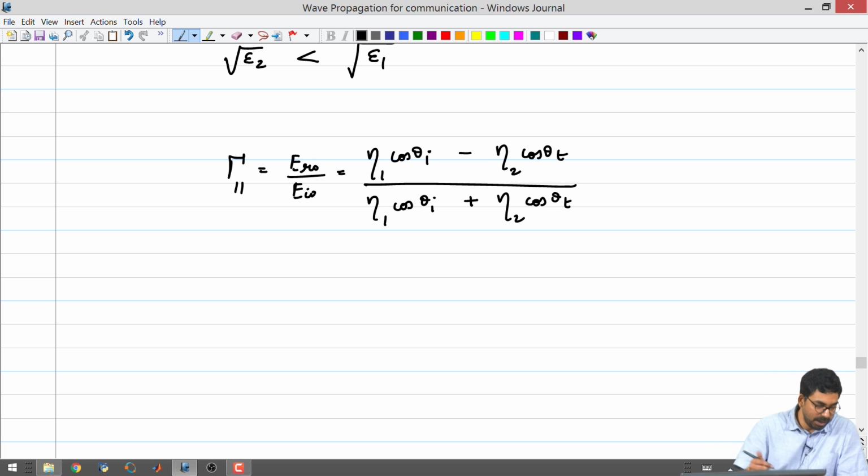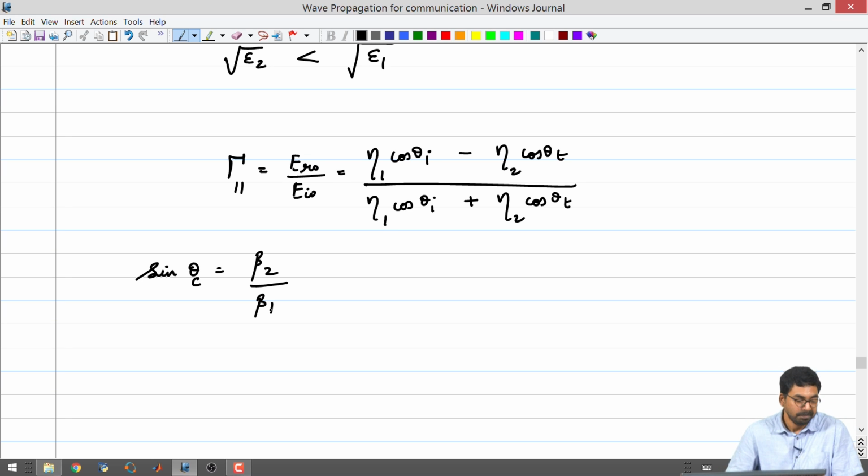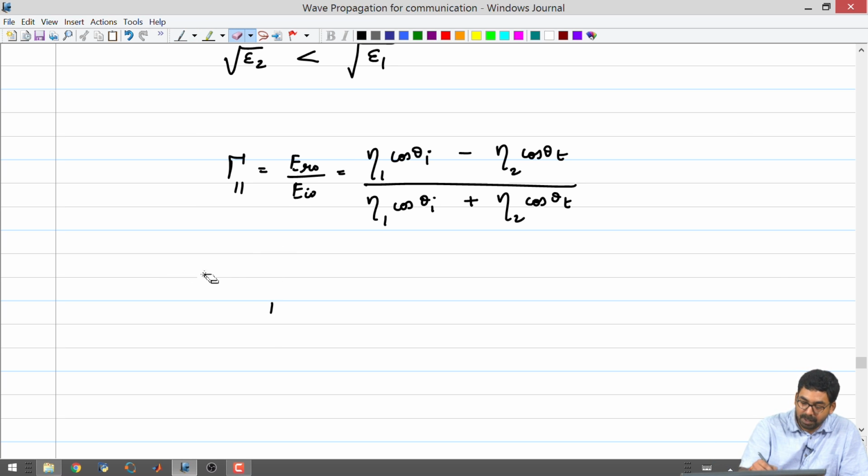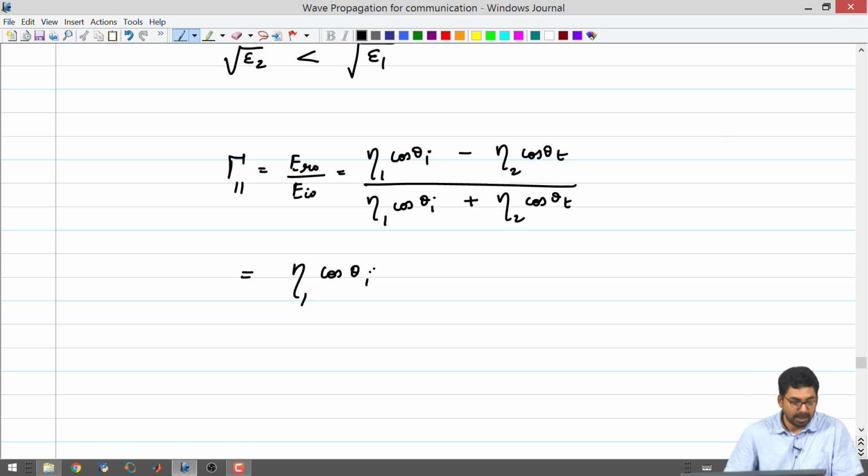Right. So, what one can do is, sin theta c, just to remember, is beta 2 divided by beta 1 or n 2 divided by n 1, right. And if you have incident angles to be higher than this angle, then you are going to be having some theta t, which is not going to be possible for you to get real angles with cos, right. So, if this is the case, what can we do with respect to writing the angles inside? So, we keep eta 1 cos theta I as it is, okay, and then we look at the second term, eta 2 is also okay.